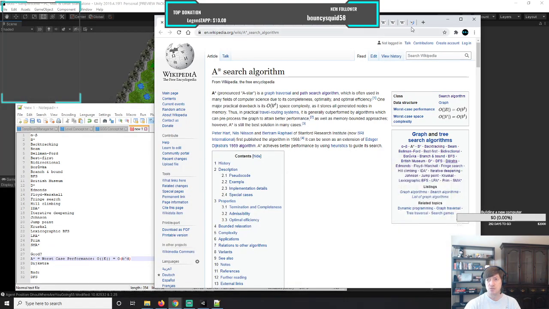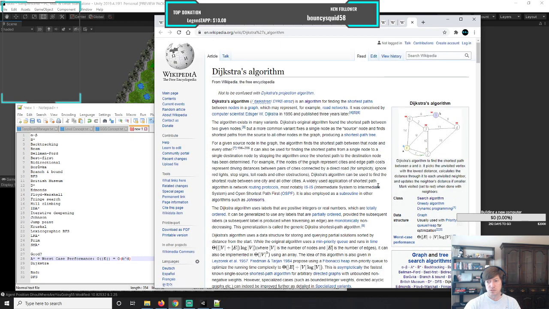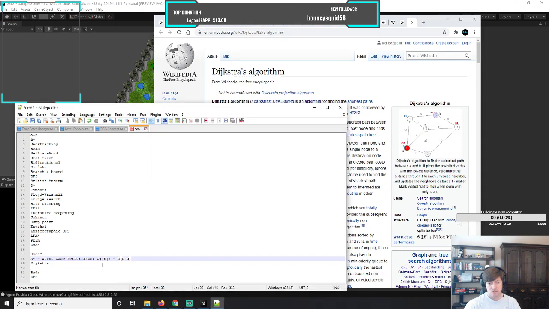Dijkstra's. Let's see, worst case performance is big O of E plus E log E. Now, this is interesting because